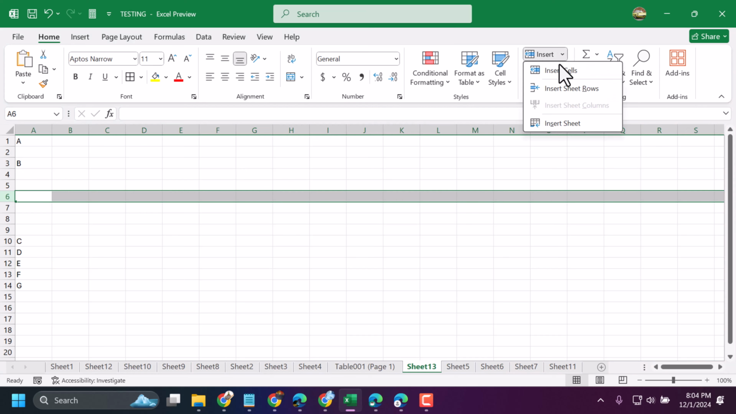First method, click here and select rows, and the second way, select here